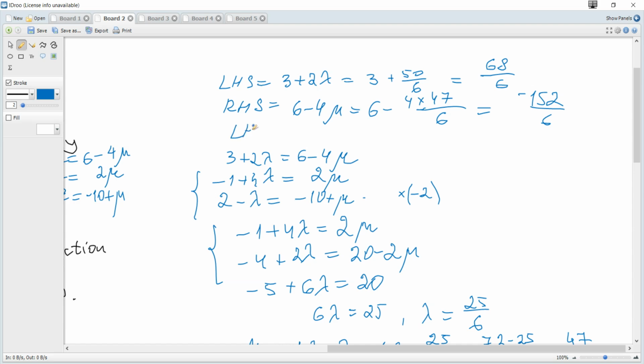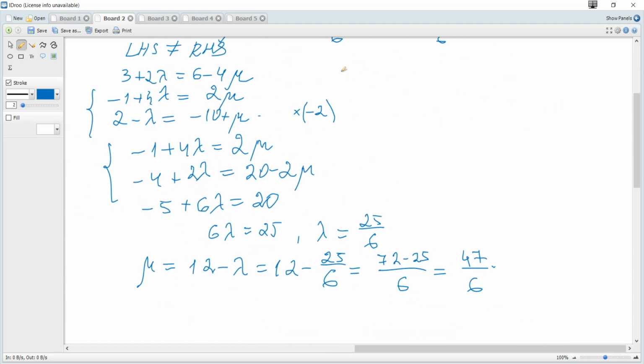We can see that the left hand side is not equal to the right hand side,